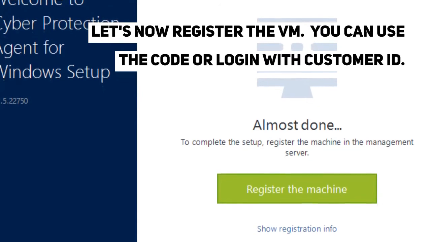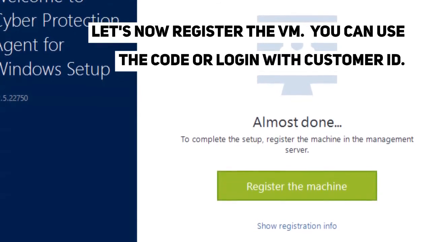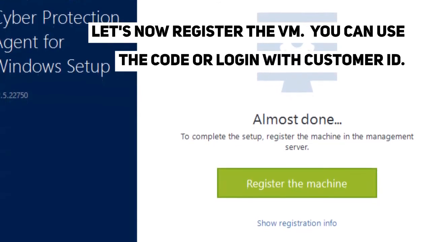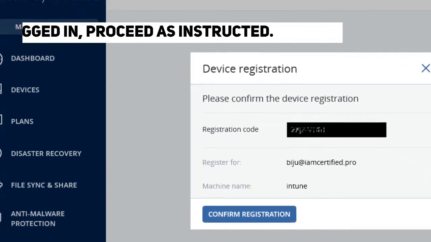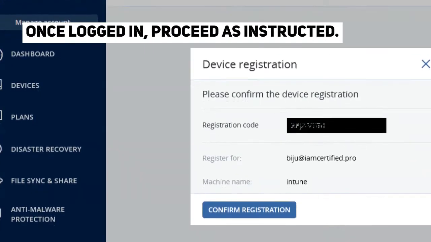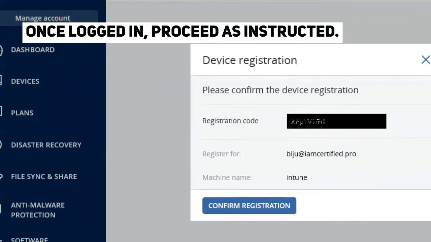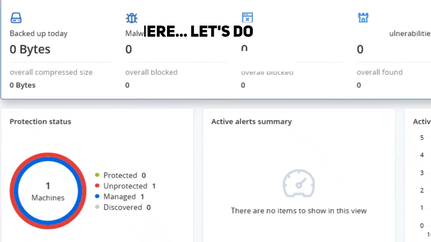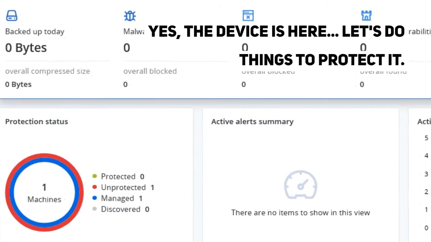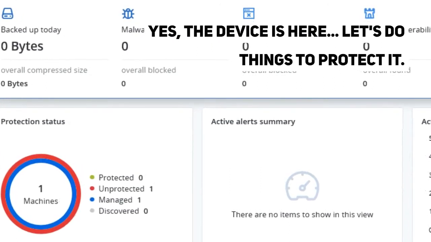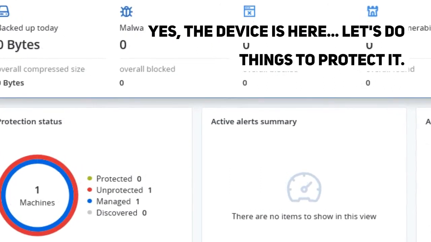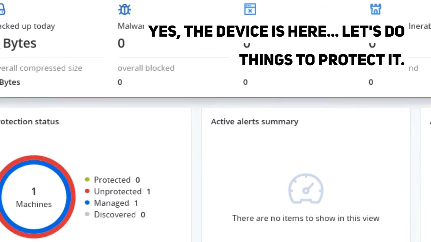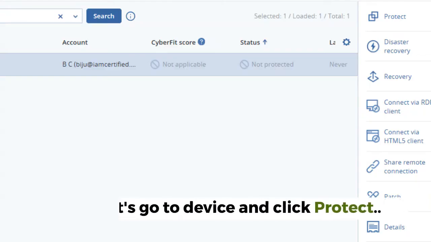We can use the customer's credentials to register the machine, or there are other options like code and all that. So now we are in the console and let's confirm the registration. Now the console shows a basic idea of this customer, and we can see one machine.